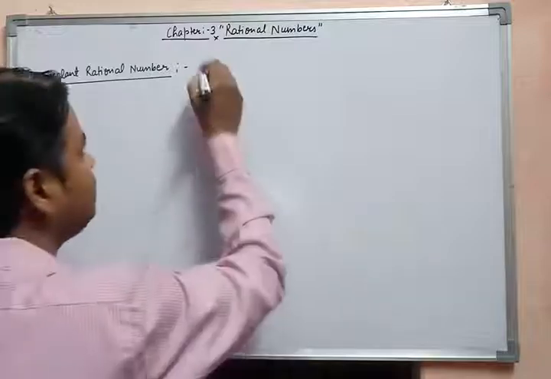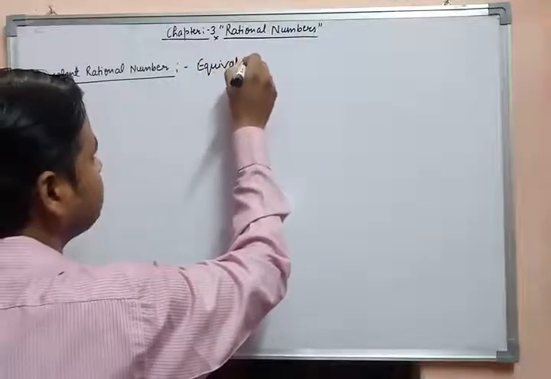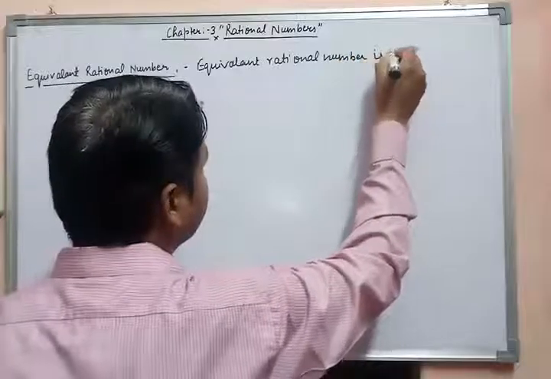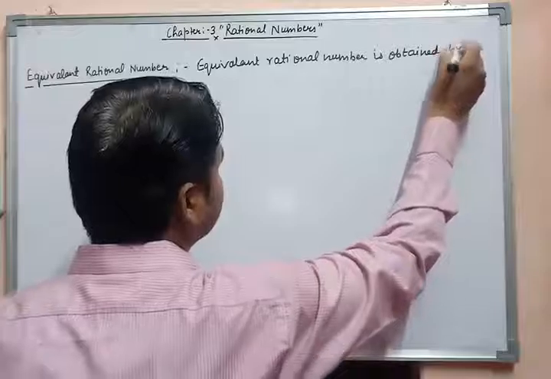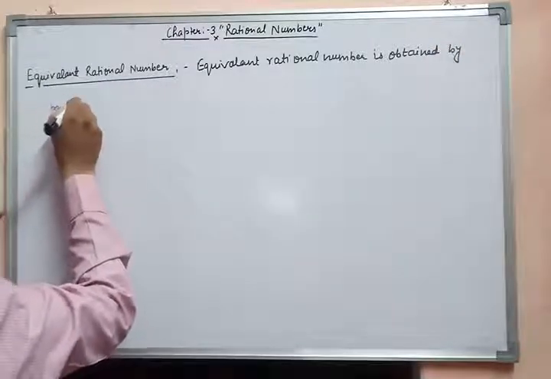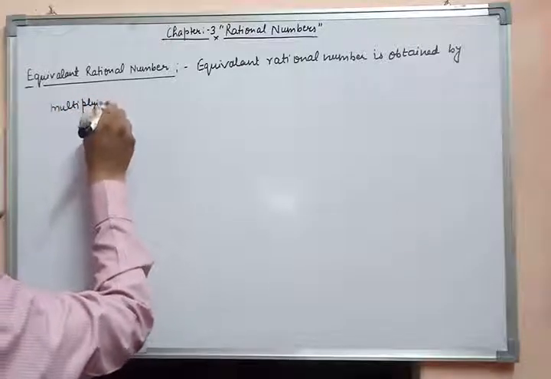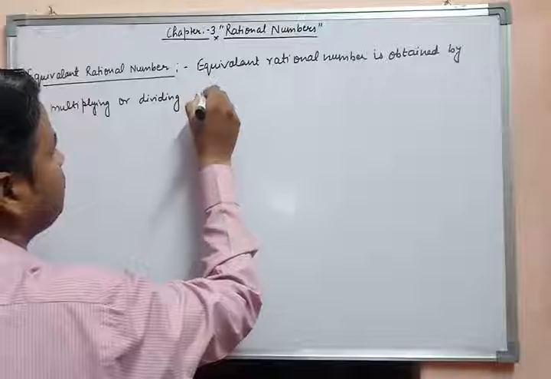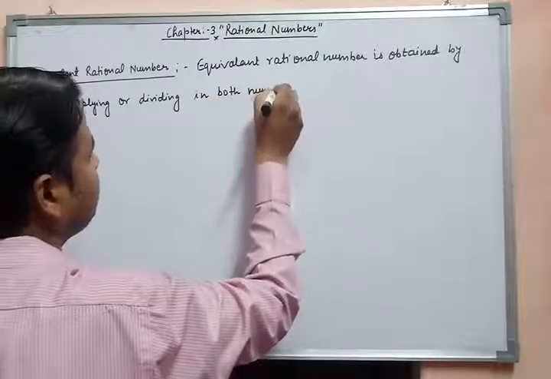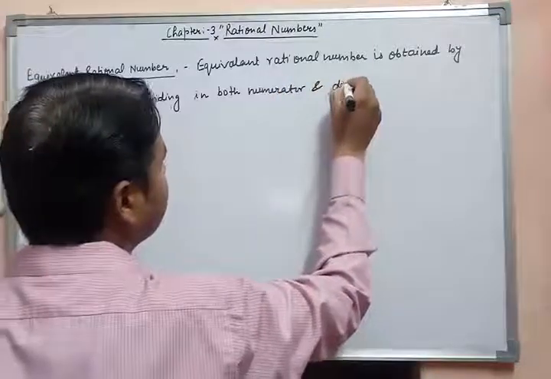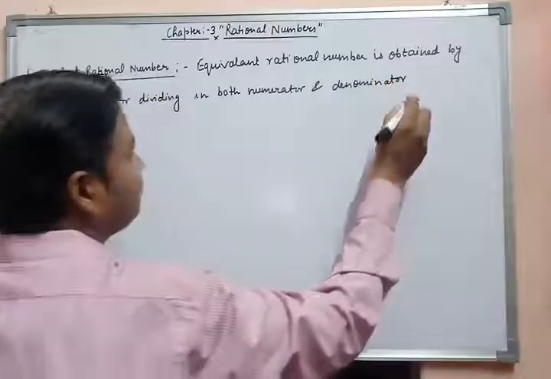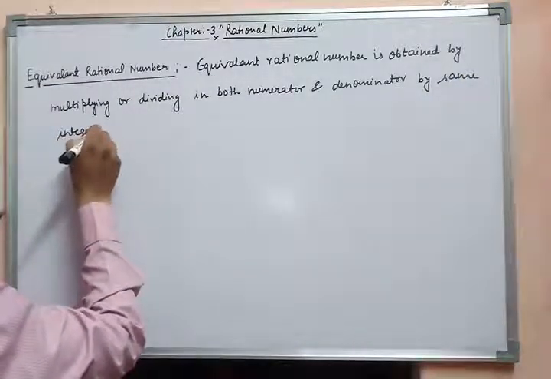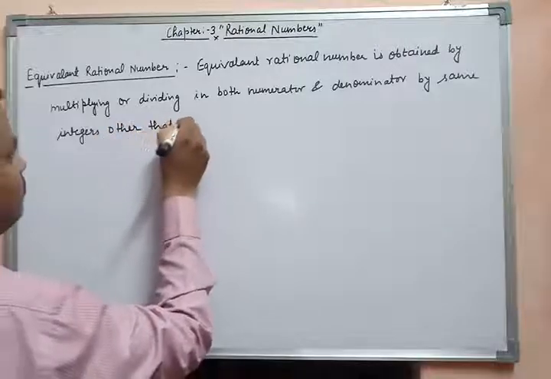An equivalent rational number is obtained by multiplying or dividing both numerator and denominator by the same integer other than 0. Okay students,